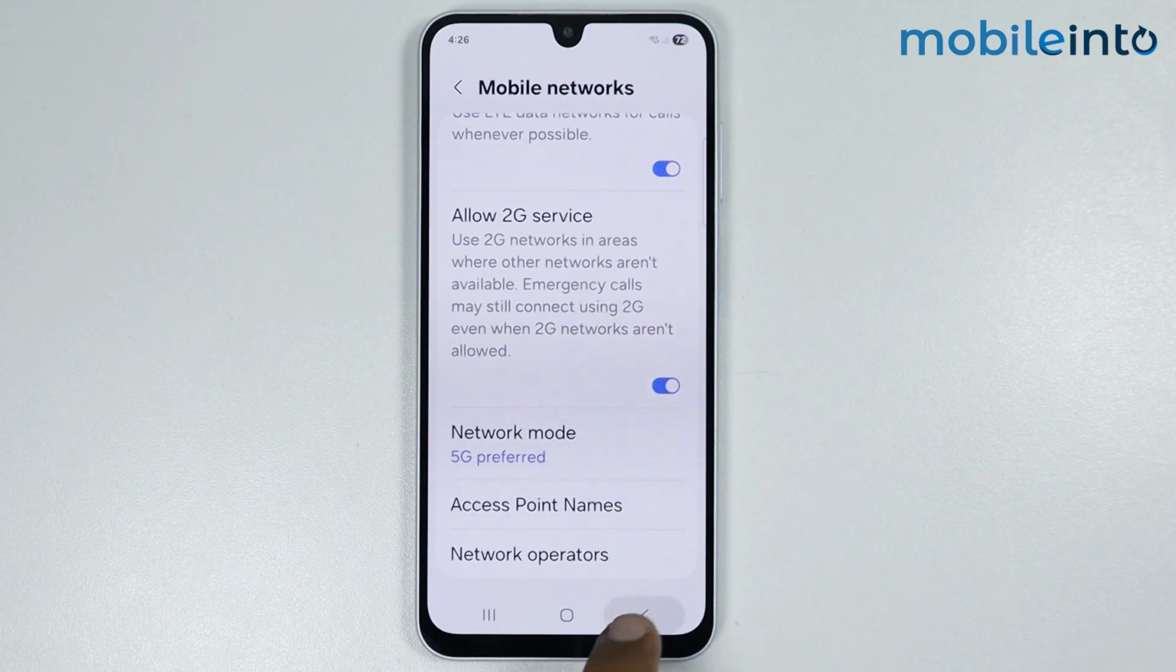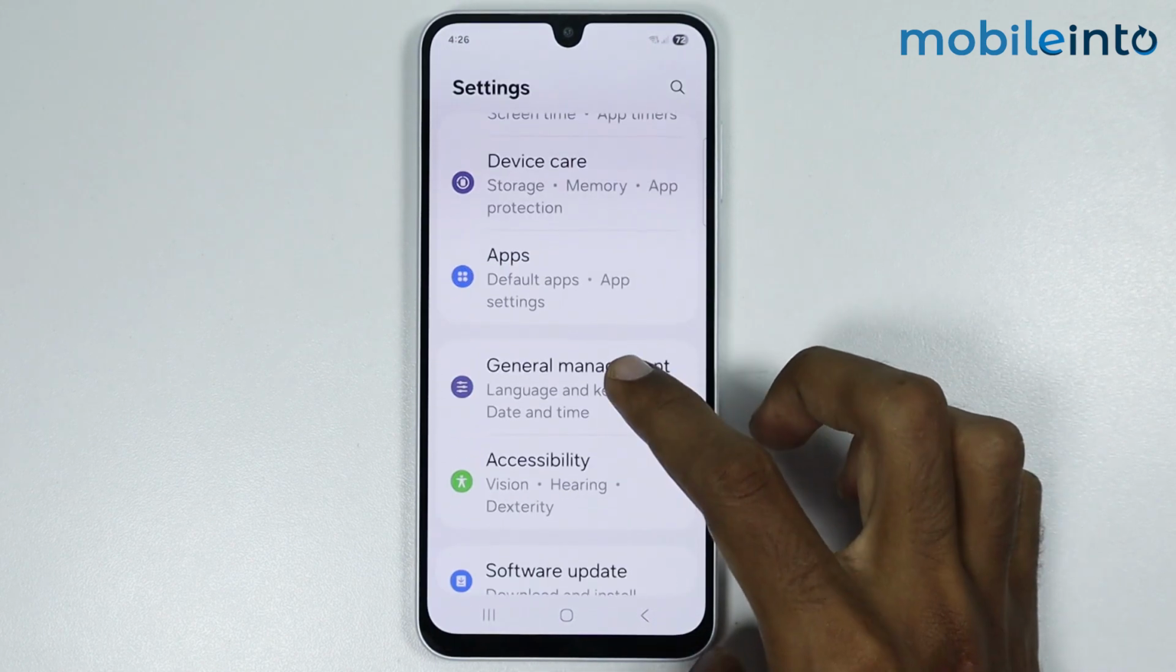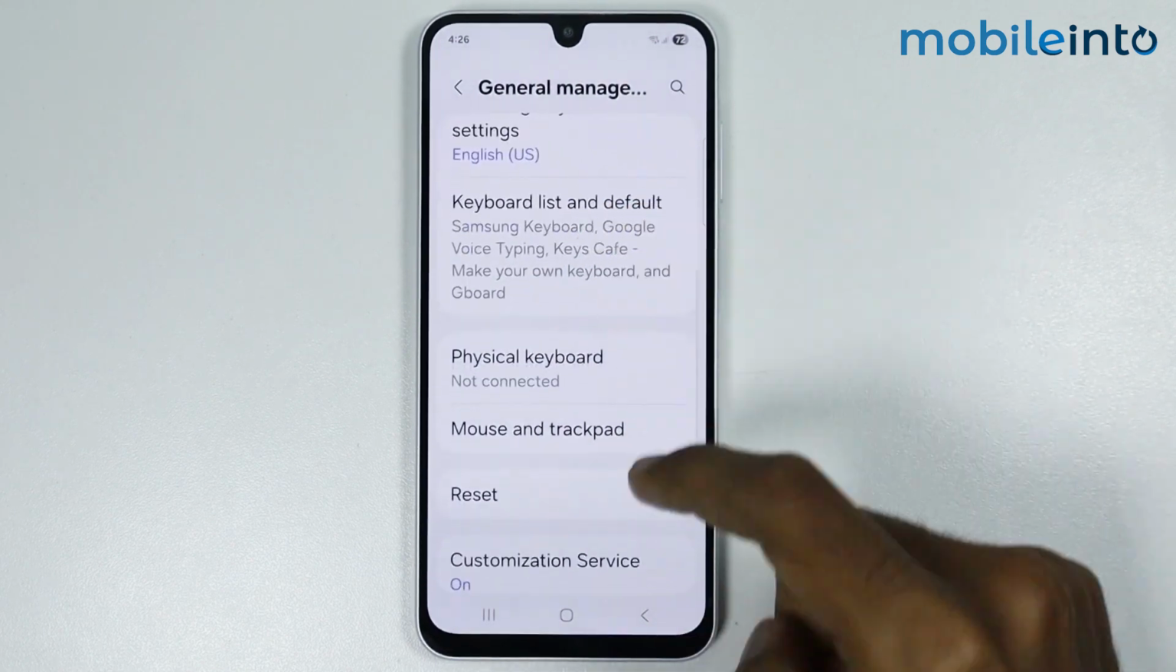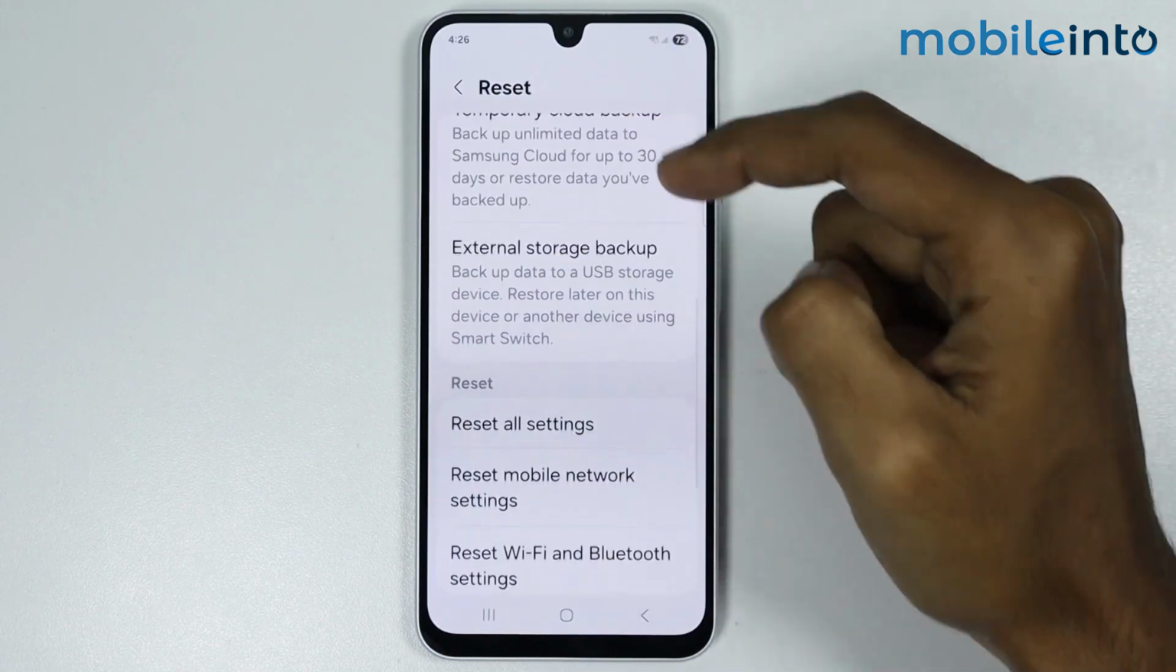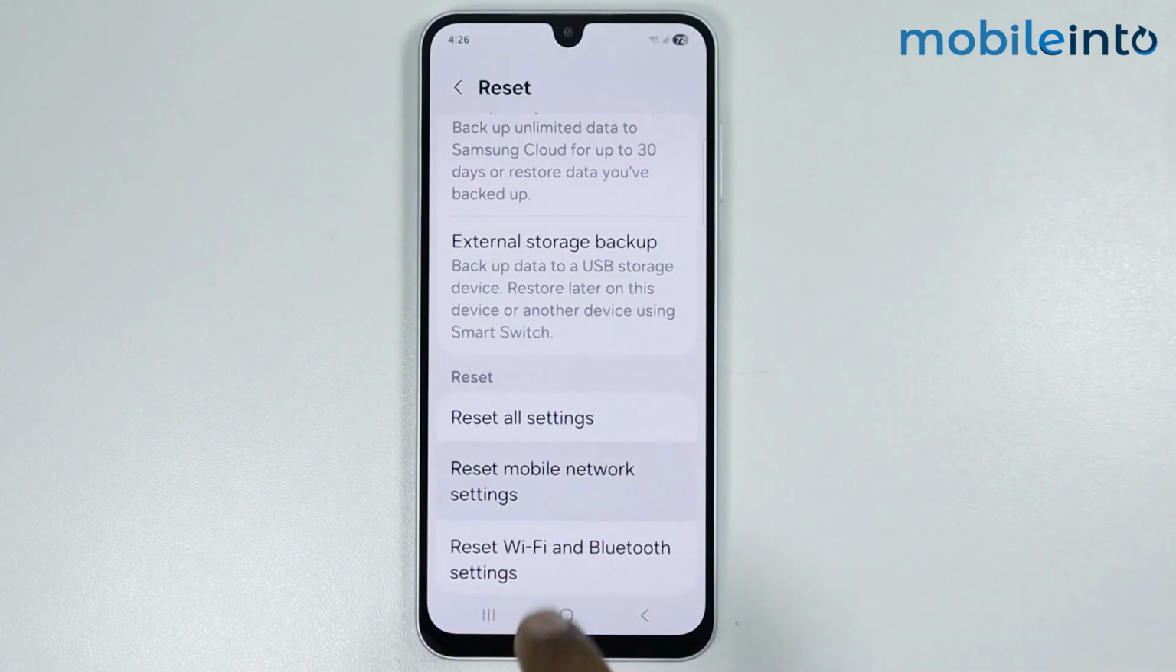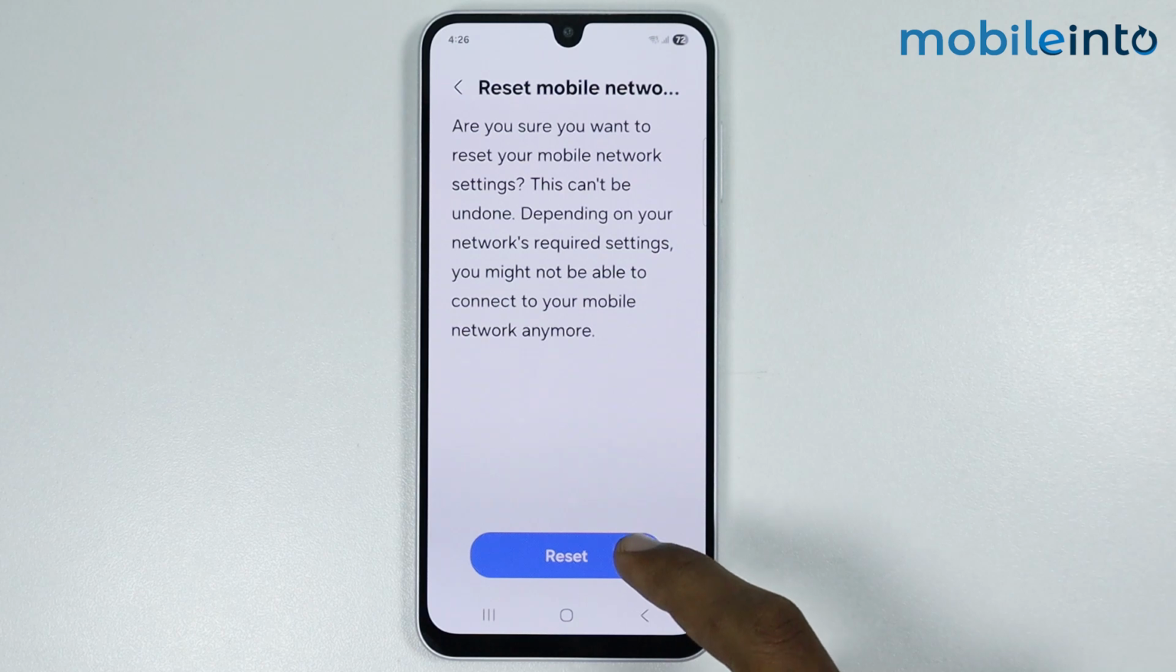Now just go back and go to General Management. Now just select Reset and tap on Reset Mobile Network. Now just tap on Reset Settings. After that, just go back